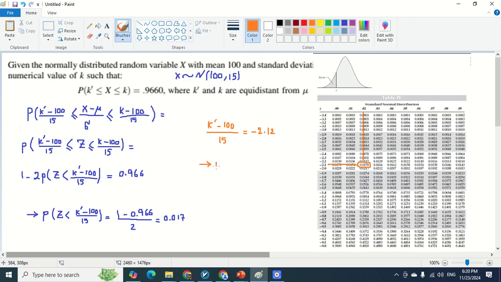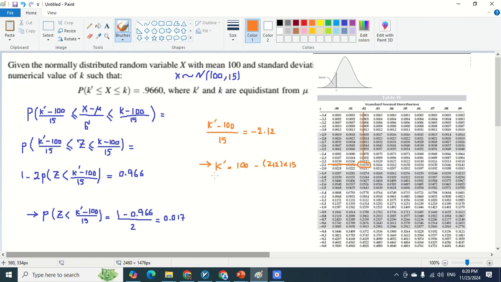Then k prime will be 100 minus 2.12 times 15, and because k and k prime are equidistant from mu,